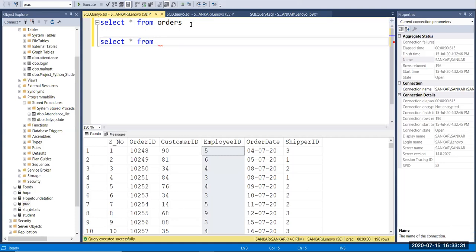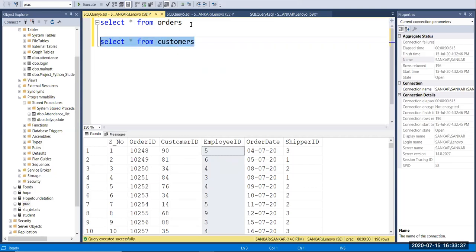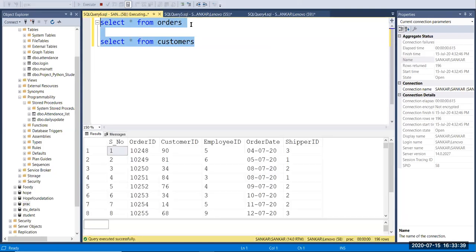Select star from. Now first I will show the customer table. I'll run both.